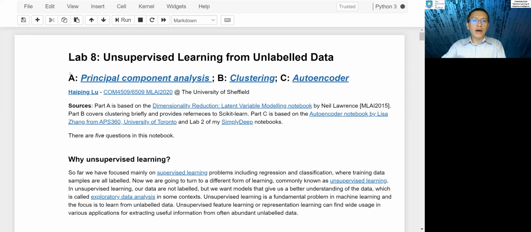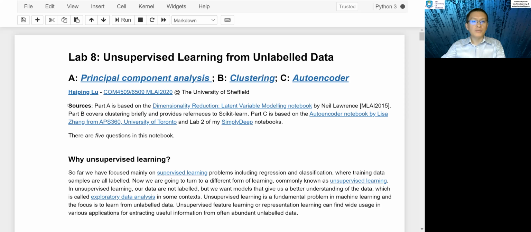So here is our Lab-8 notebook on unsupervised learning. It has 3 sections. The section on principal component analysis is more theoretical, with particular depth to go into PCA. Clustering is very brief, with more references to scikit-learn instead. And for the autoencoder, it is similar to our previous lab: we build a neural network and use it for